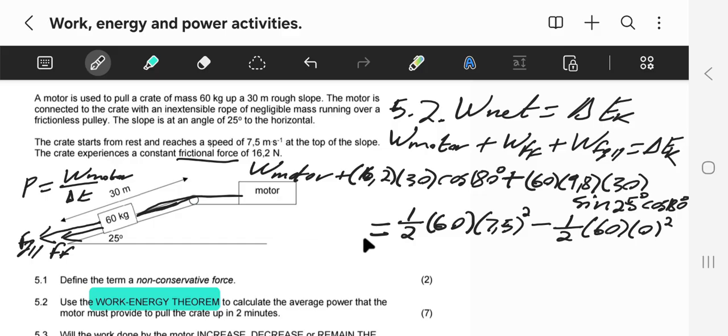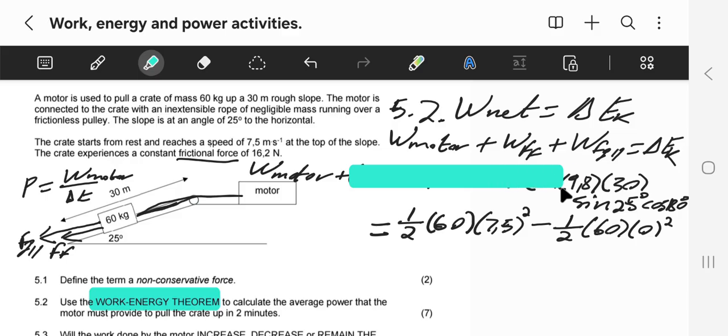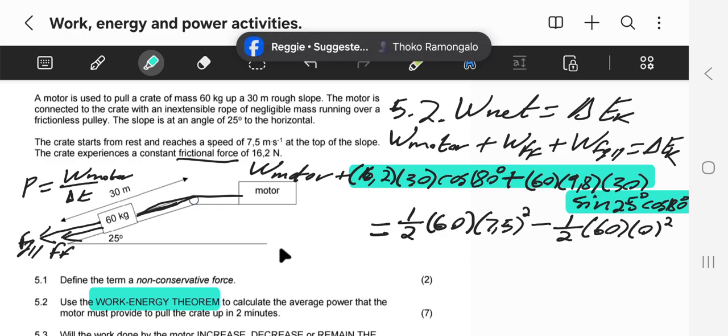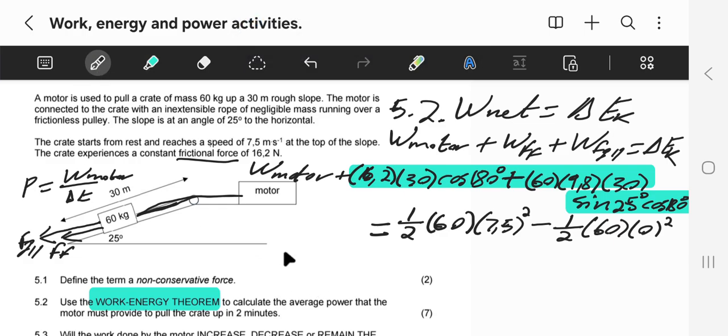Then from here we are going to do the math. So what we are going to do is to put all of this on the calculator. You see what I've highlighted in green? You put it on the calculator exactly the way it is. Okay, guys, so when we put all of this on the calculator the way it is, you start with this one plus this one here, the value that you are going to get. So what we'll have is the work done by the motor minus, this is the value we are getting on the left hand side. It's going to be minus